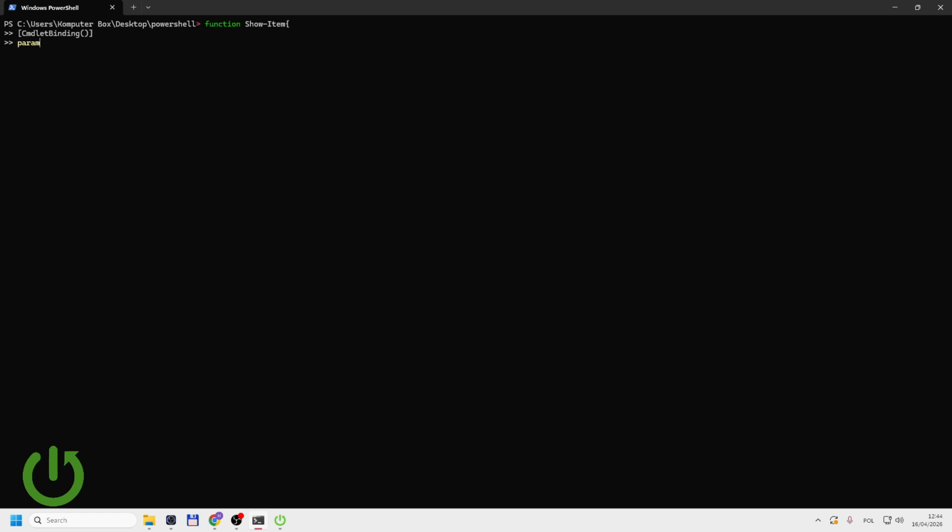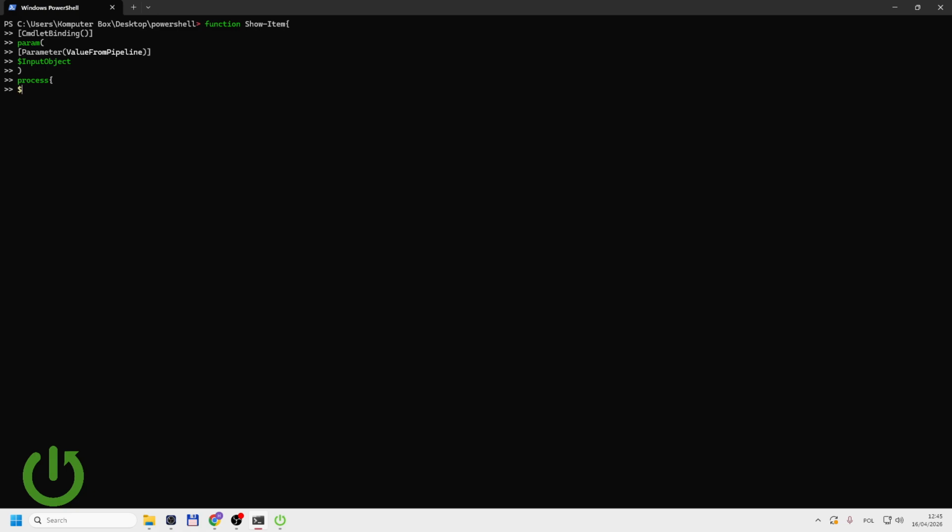In parameters we will pass the first parameter, which is very important, which is Parameter, and now, as I said, ValueFromPipeline, like this. You have to close that, and now we will add one more, the input object, like this. We can close that, and now we will do